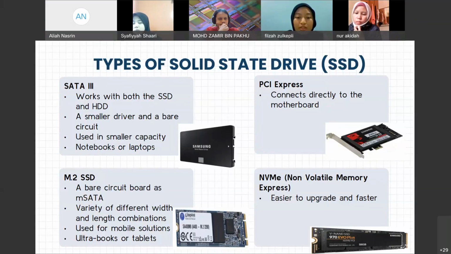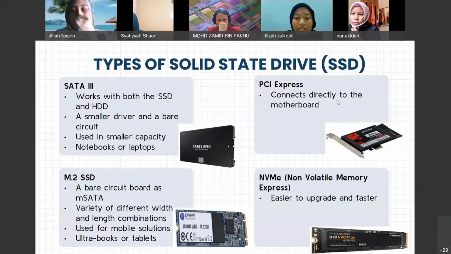The connection works as a finite evolution of an older option, which works with both the solid state drive and the hard disk drive. This is a smaller drive and a bare circuit. These are used in smaller capacity, usually found in notebooks and laptops. And then